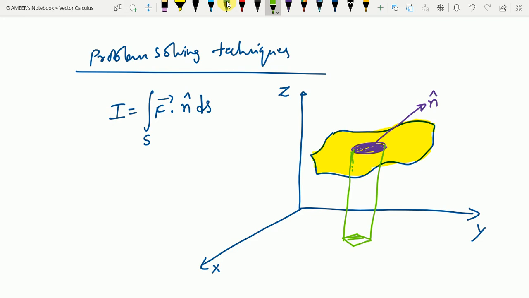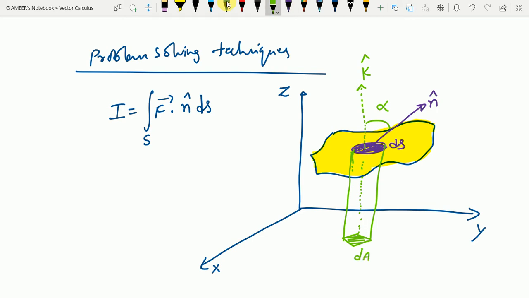This is the projection in the xy plane. So let's say normal to the xy plane. What is the normal to the xy plane, guys? Normal to the xy plane obviously is the z axis. So this is normal to the xy plane, that is k cap, which makes some angle alpha here, and this ds is a vector element. Let's say this will be some dA. The projection area is dA.